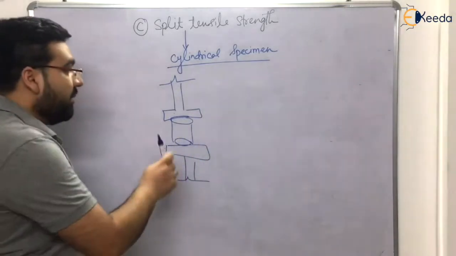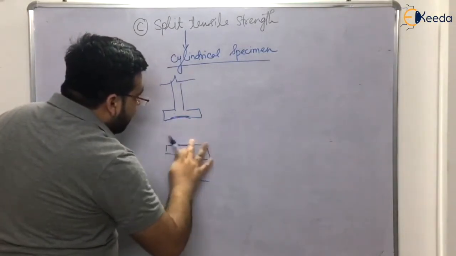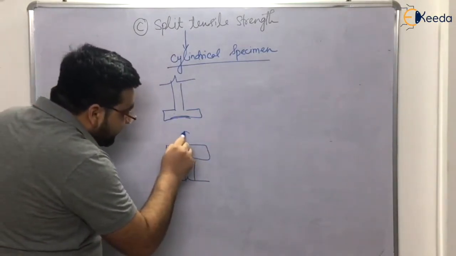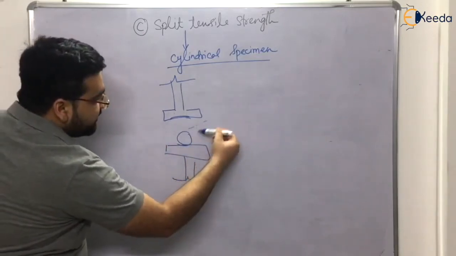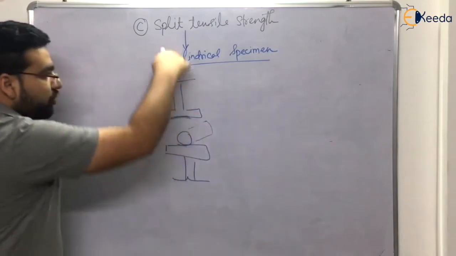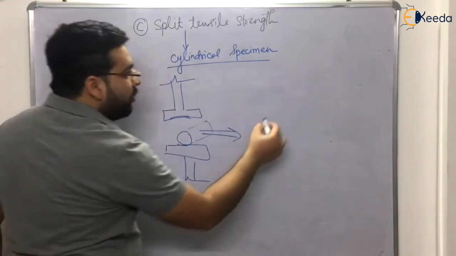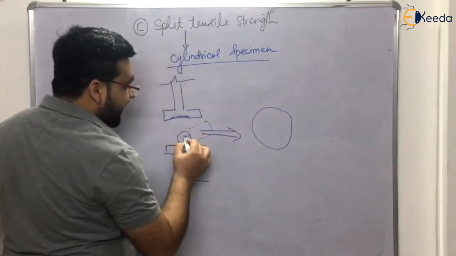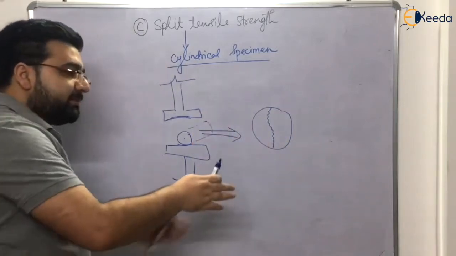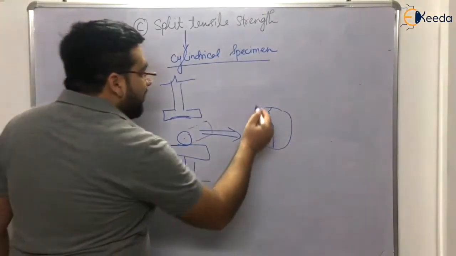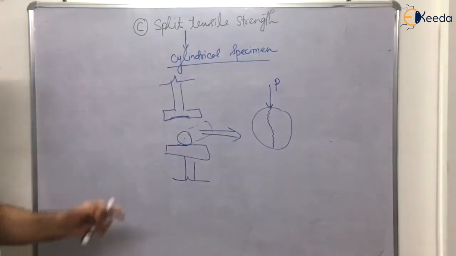Remember, I told you. But in case of split tensile strength, what we do? We actually lay down the cylinder. Now this is the cylinder. If I show you some side view, it will be like this. So you are compressing the cylinder. After some time, what will happen if you gradually increase the load? This is the front view of the cylinder. It will get broken like this. It will be split into two parts, right? So the load at which it gets split into two parts is noted down.